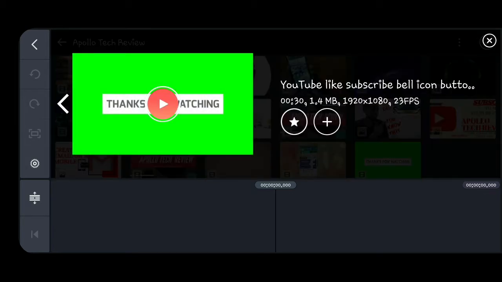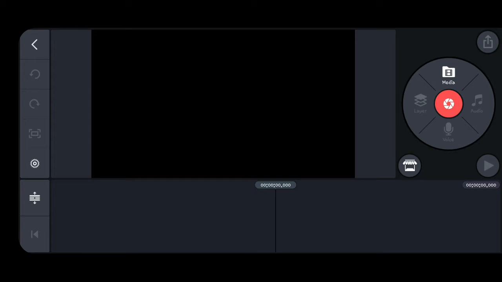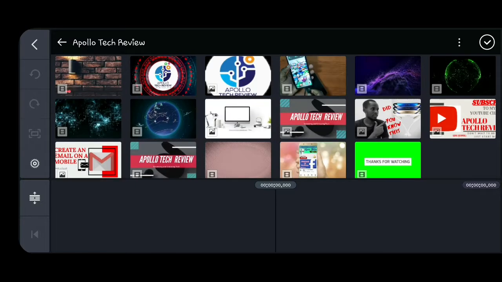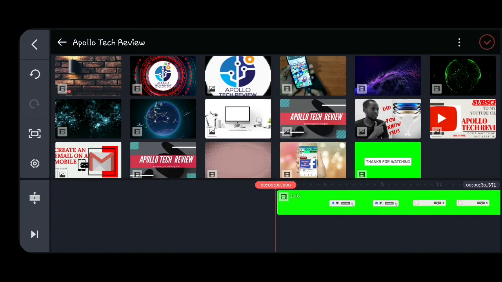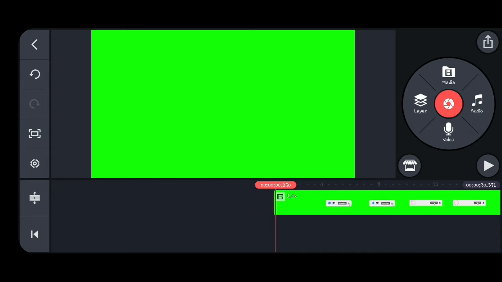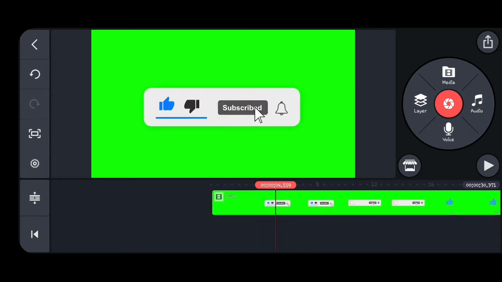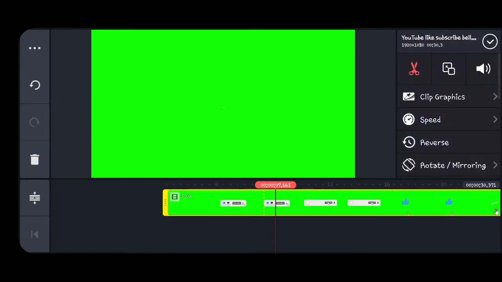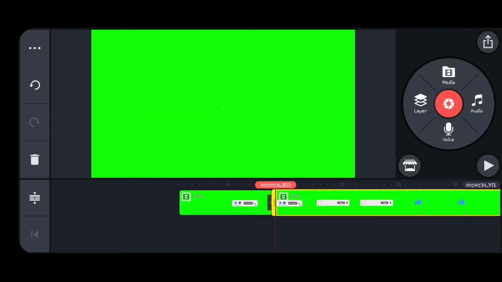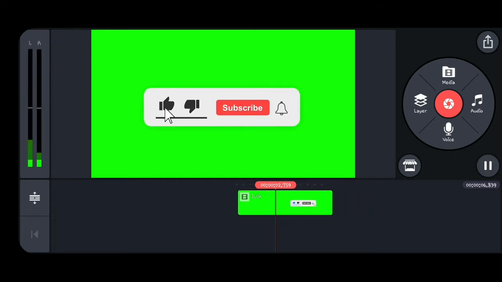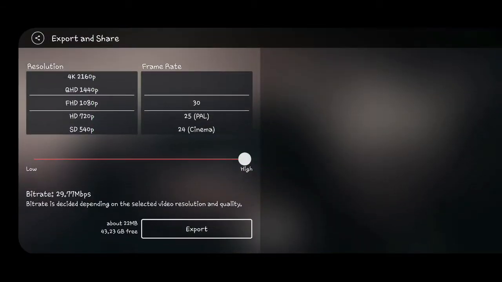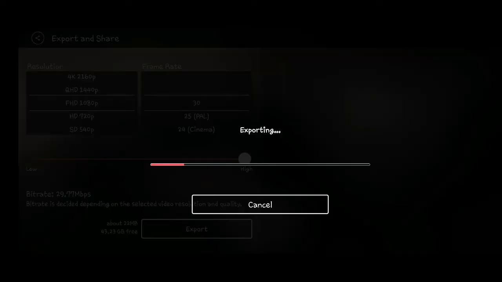After clicking on it, you choose the part which you want to use exactly. For example, this is the video, and the part I want to use is this subscribe button. So you have to trim it, cut the part which you don't want. Once you find you want only this part, you have to export it. Once you export it like that,